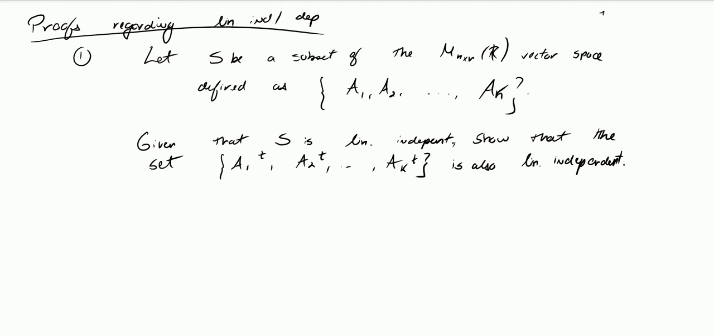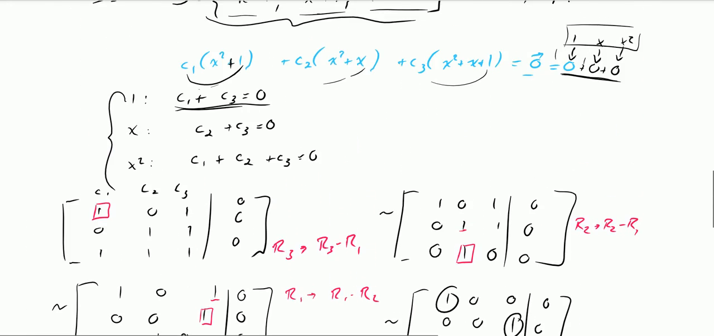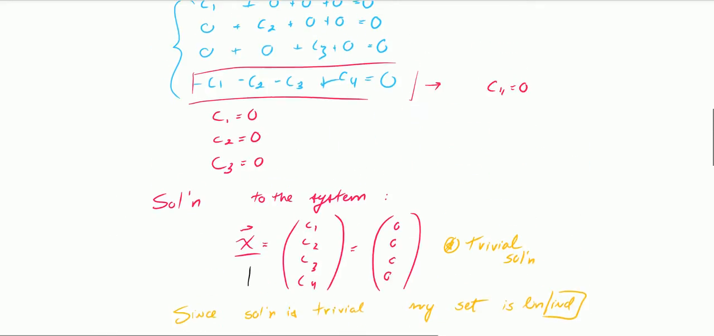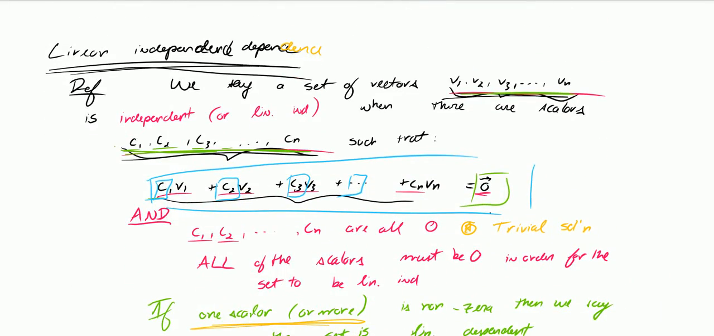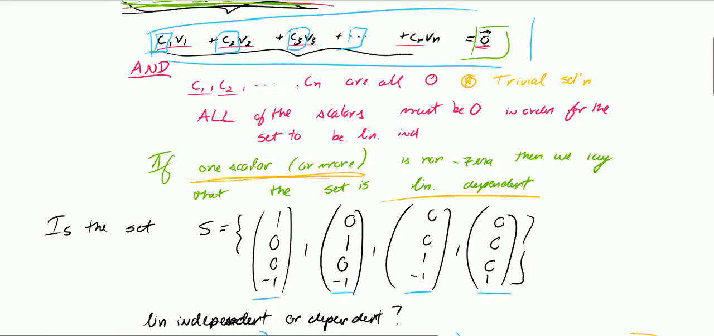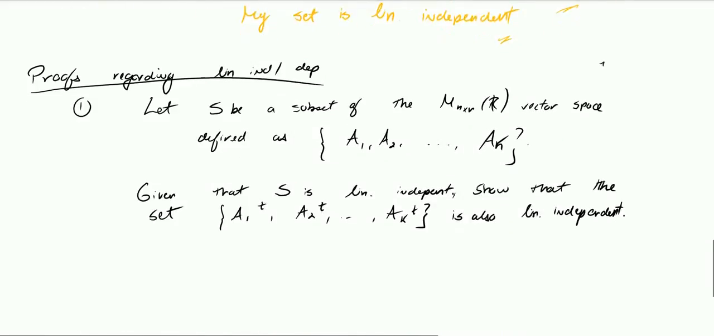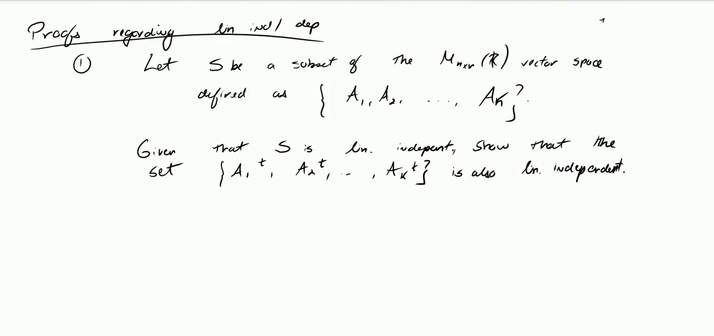So in previous videos, I went over some examples on linear independence and dependence after introducing the topic. So now I'm going to do some proofs regarding linear independence and dependence. So the first proof is that we have a set S, which is a subset of the m